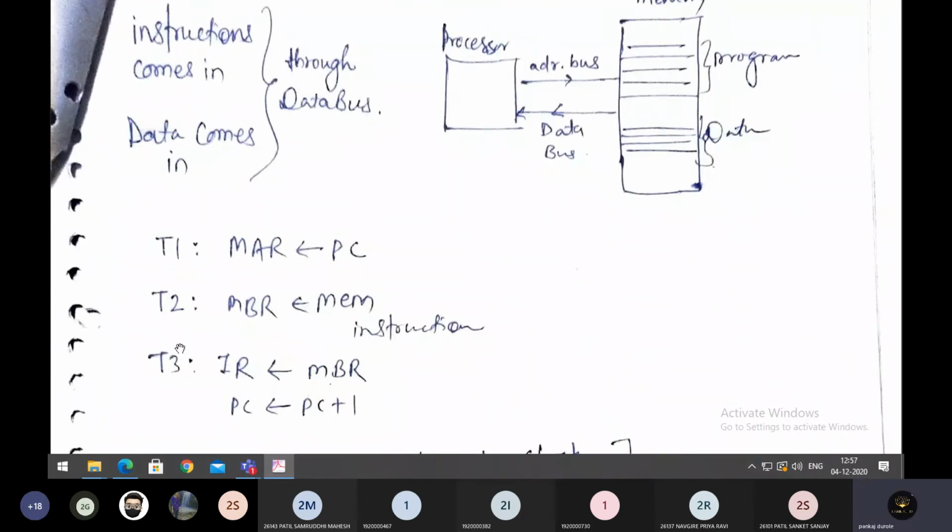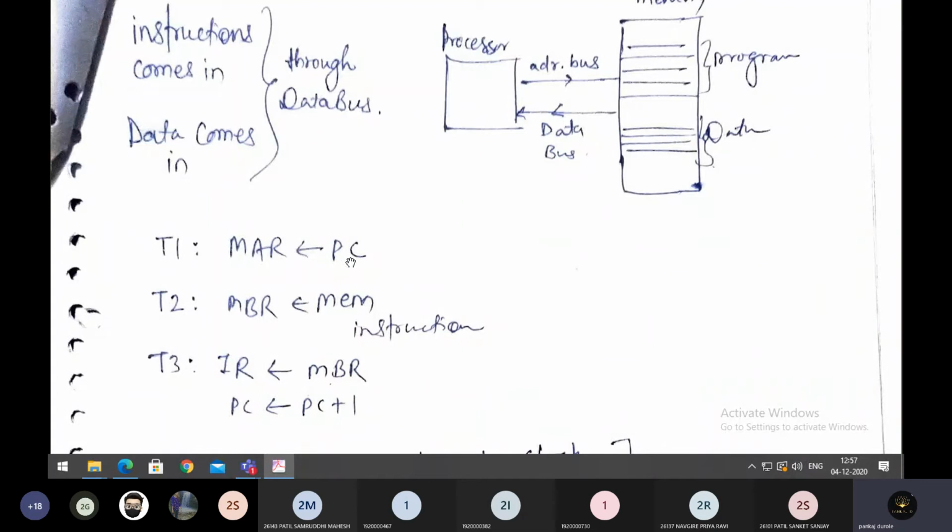These are the different T states which are mentioned here. The very first register that comes into the picture in the processor is the program counter. So the program counter points to the memory address register, that whatever data we need for this operation, for that data you fetch the address first. So this is the first clock cycle, second clock cycle, third clock cycle, right?